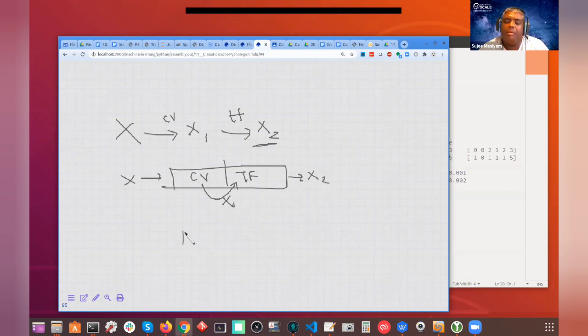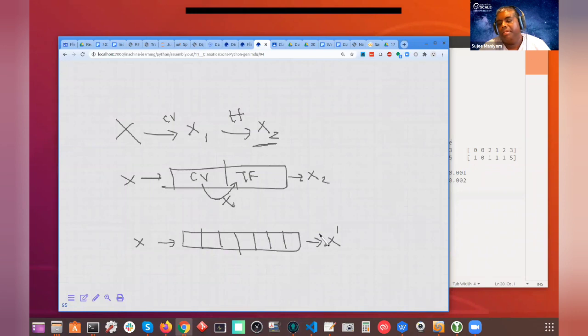Your pipeline can be arbitrarily long, with multiple steps. You feed in the input data, and out comes output data, let's say X dash, with all the transformations applied. Pretty cool, right?